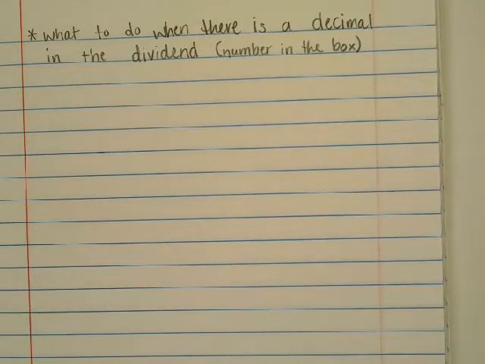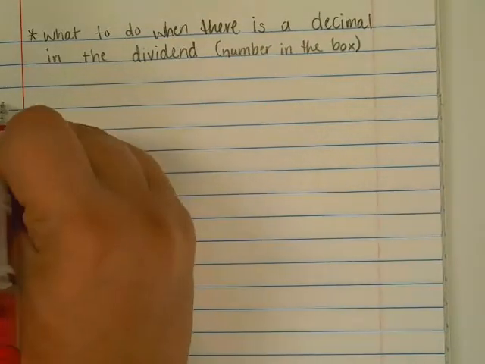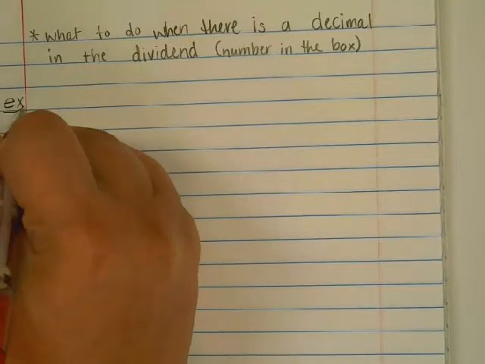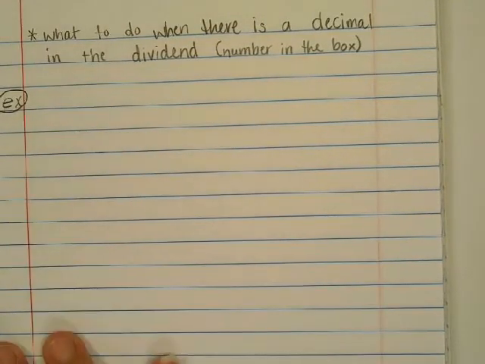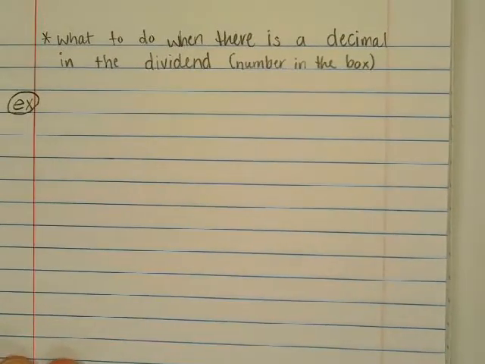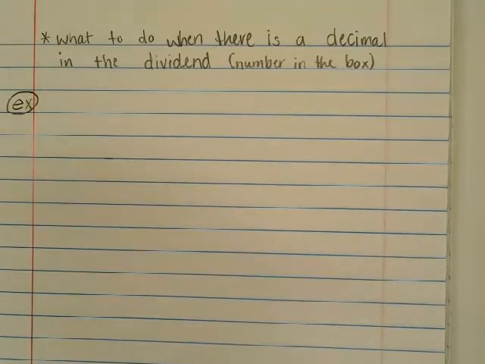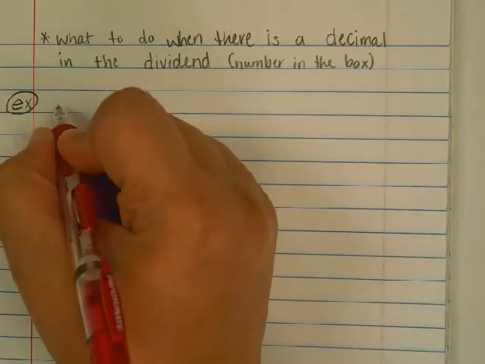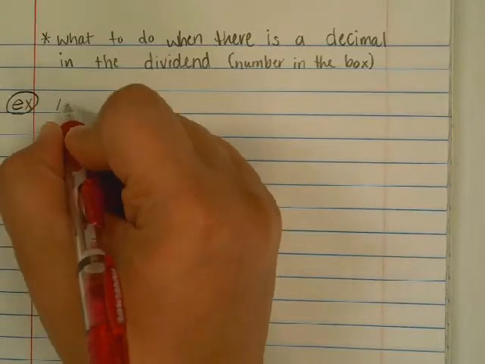I'm going to do an example with you so that you have it for reference, because there may be one or two in today's bookwork where you'll need to practice this. And our first one is going to be